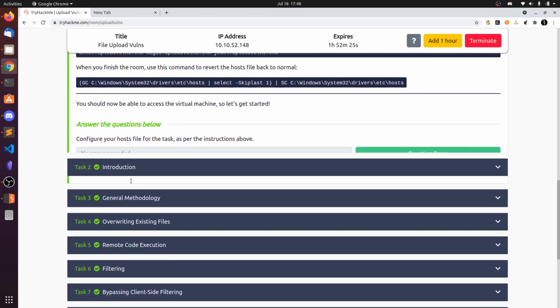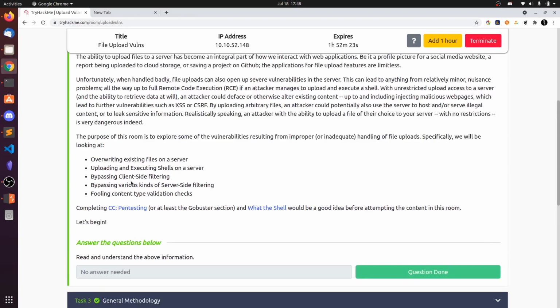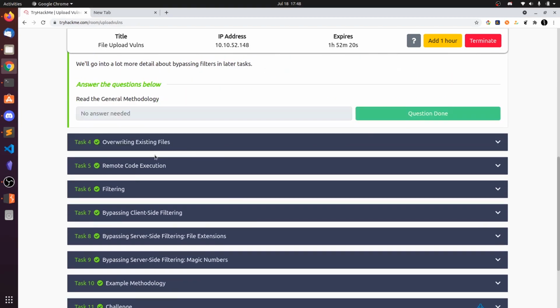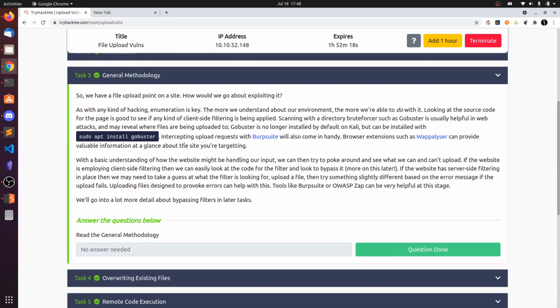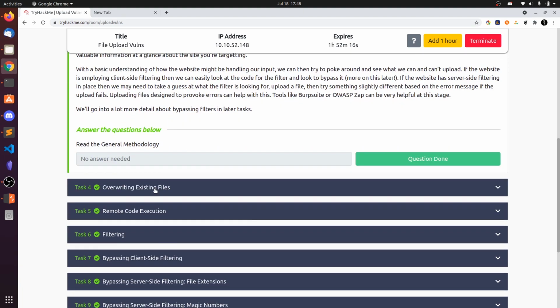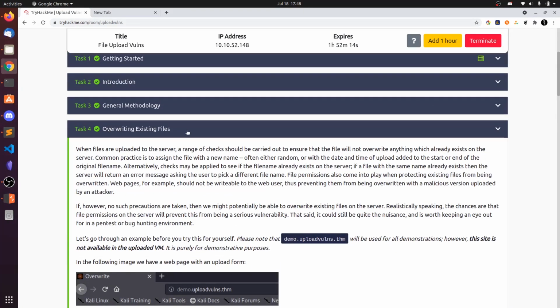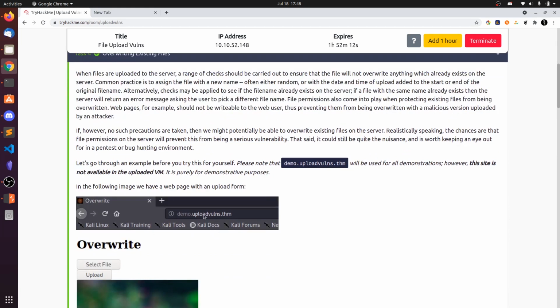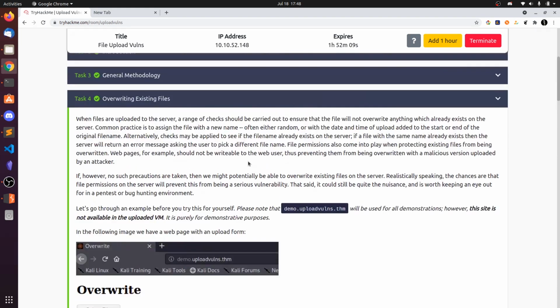Okay, now what we are going to do is, there is an upload functionality in that web server and it is not protected by anything. So the first task is overwriting the existing files. So there is a file name like say sample.jpg.